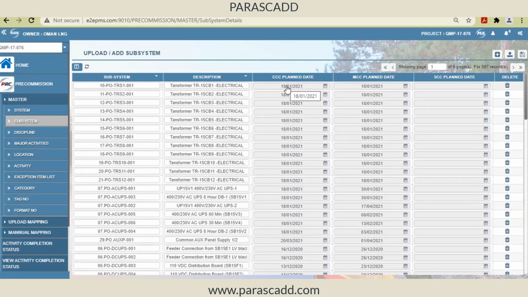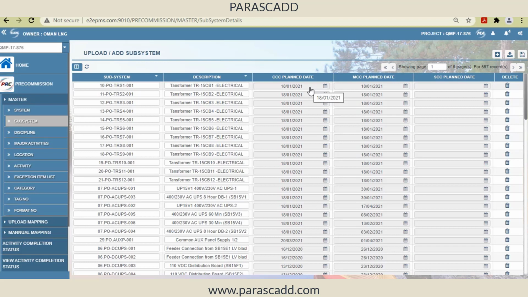First, a subsystem will be completed for construction clearance, then for mechanical clearance, and then at the subsystem level there will be SCC, which is the final clearance. So these are three stages: CCC, MCC, SCC. Depending on the scenario, the stages can be increased or configured. Initially I can have a planned date also, and this date can change. This is the master.